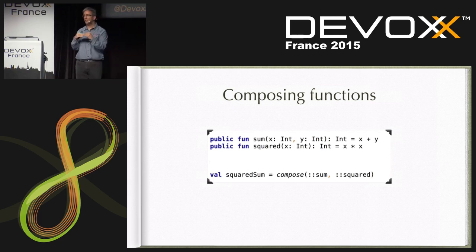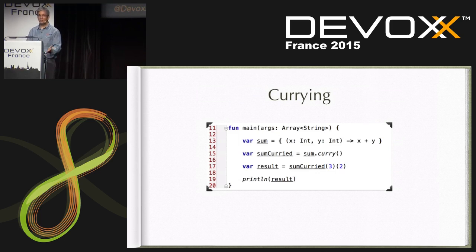As long as the parameter of the input matches the output of the next function, I can combine them. Right? And now I can create a new function that combines both. Kotlin natively doesn't have composition, but you can create a function that composes 2 functions. Right? In functional programming, there's this very common concept called currying, which comes from Lambda calculus and Haskell Curry,